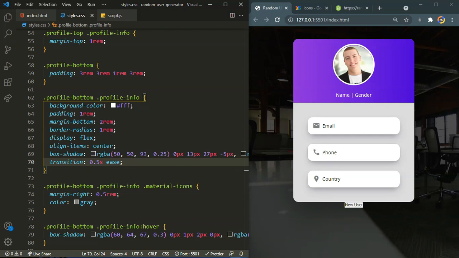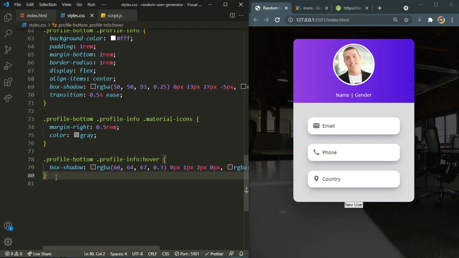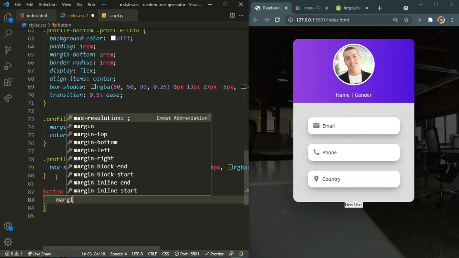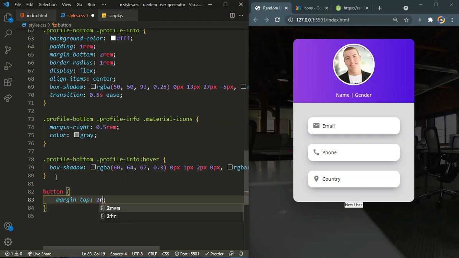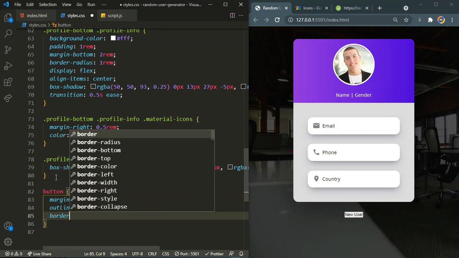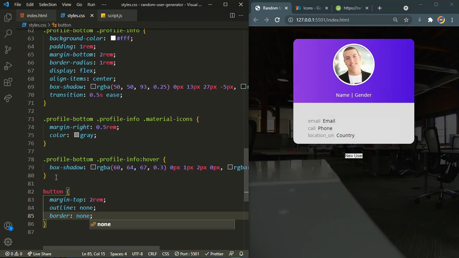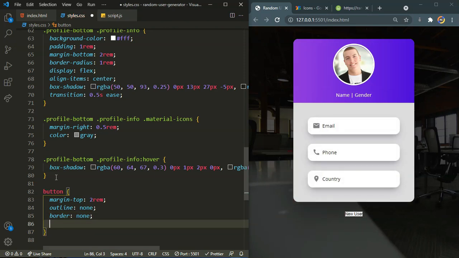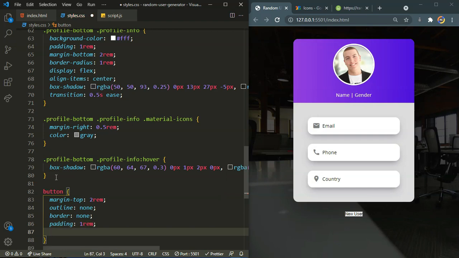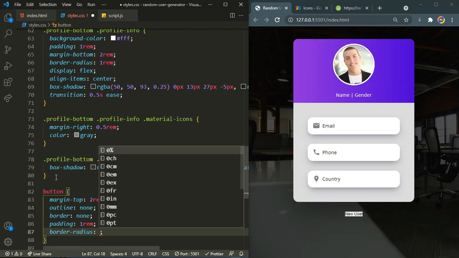Okay, now we are done with the profile section. Now let's work on the button, guys. For the button, margin to the top of 2 rem, outline none, border none. Let's also add a padding of 1 rem, border radius of 1 rem,